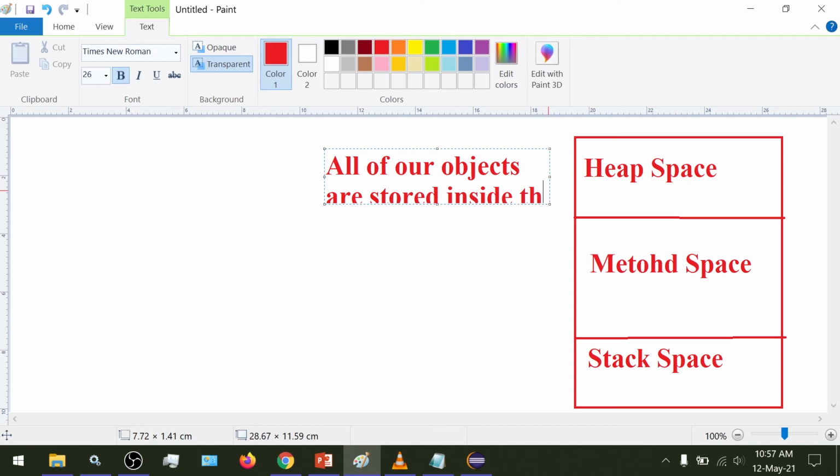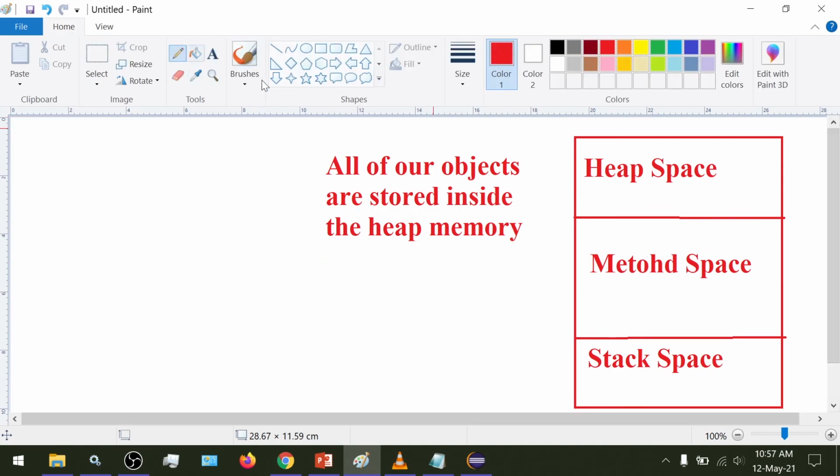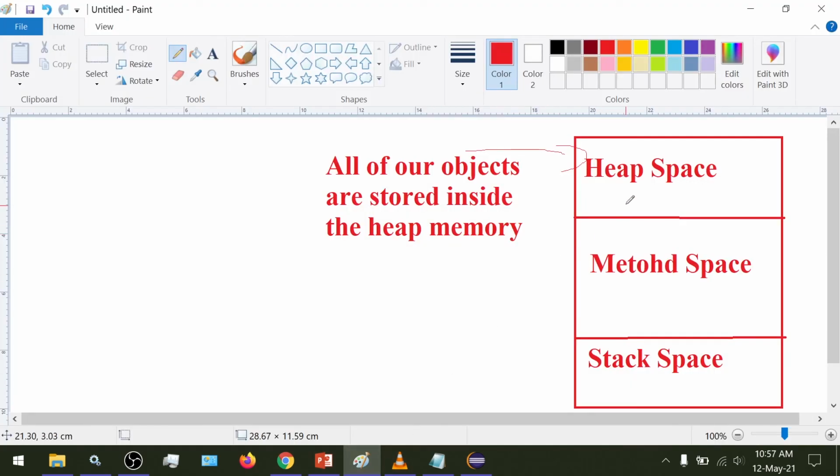It is dynamically allocated memory, and this heap memory is auto managed by the JVM.